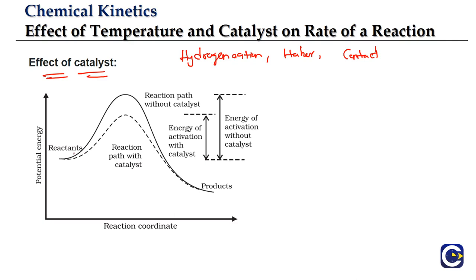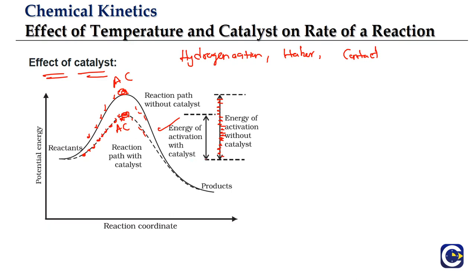If, for example, the thick line is the original reaction path without the catalyst, we can see this will be the activation energy without the catalyst, a higher value. The use of a catalyst will change the course of the reaction, altering the path through a mechanism where the activation energy requirement will be lesser. This is the normal activated complex. This is the activated complex with catalyst. We can see that the energy of the activated complex where we use the catalyst will be lesser. Thereby, the energy of activation when we use the catalyst also will be lesser.